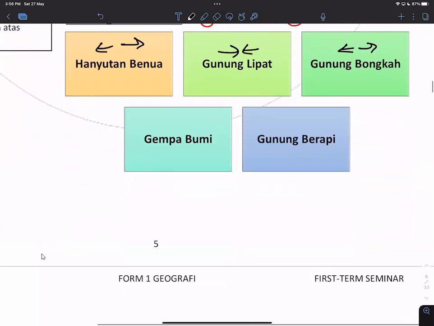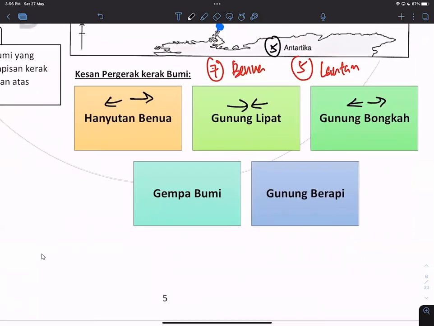Yeah, so that's why Gempa Bumi. So these 2 combine, which means combine. Okay, this is what we call pertembungan plus pencapahan. So that's why we call it gegaran. Which means sometimes they are trying to bertembung, or sometimes they are trying to pencapah, which means separating and then crashing. So this is what we call